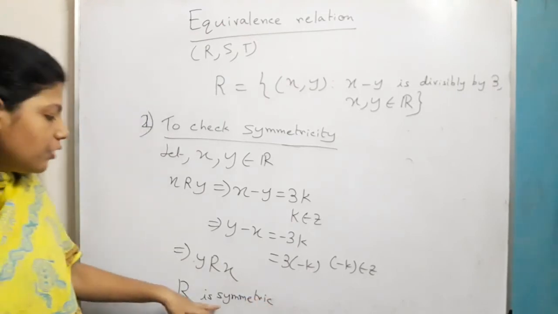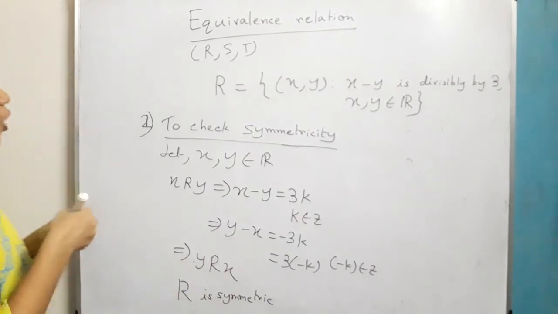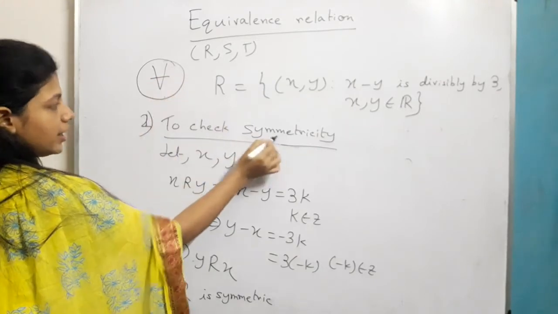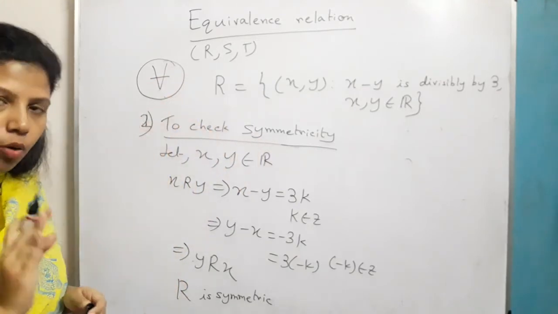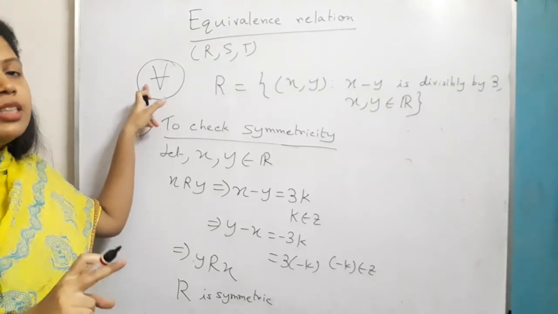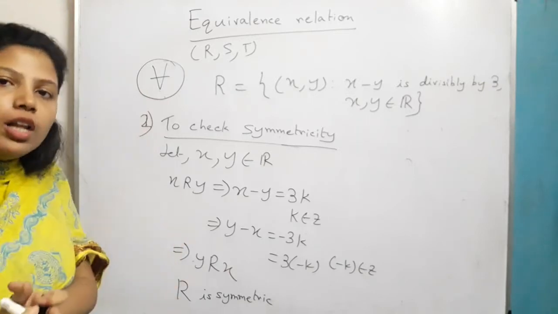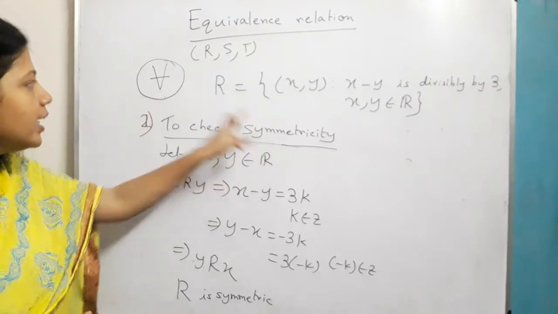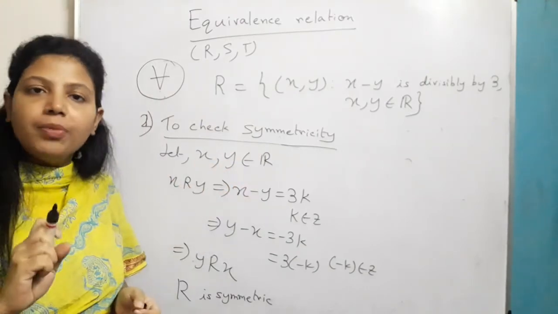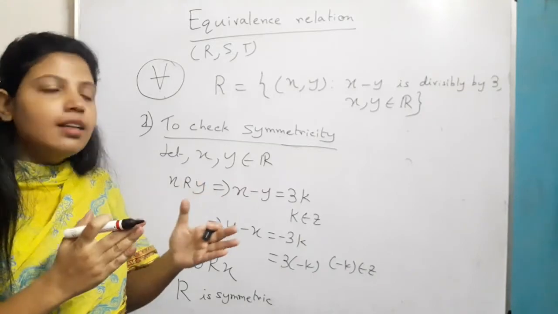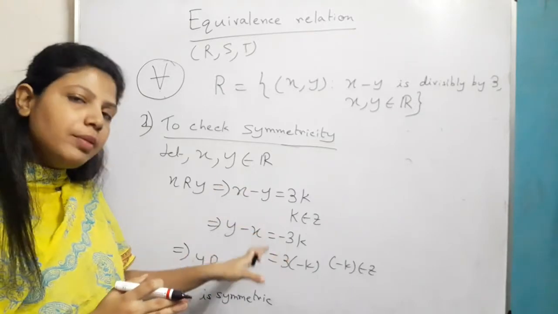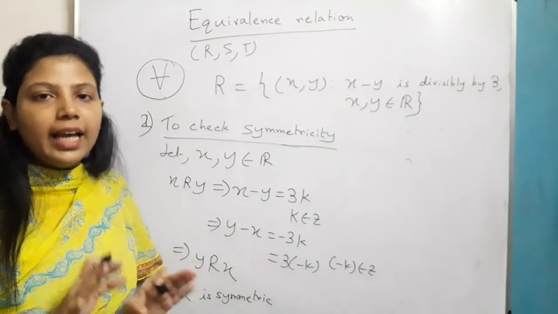This one I will not check for all the elements. So for all, this one you will use only for reflexive. For symmetric you will not use this sign. Okay. For all, this one you will just use for reflexive, because in case of reflexive I will check for all the elements. But in case of symmetric you will not use this one. I will take any 2 elements randomly from the set, and then I will just check. I will interchange x and y. Then if the relation is true, that means it is symmetric. Not for all the elements. Okay.